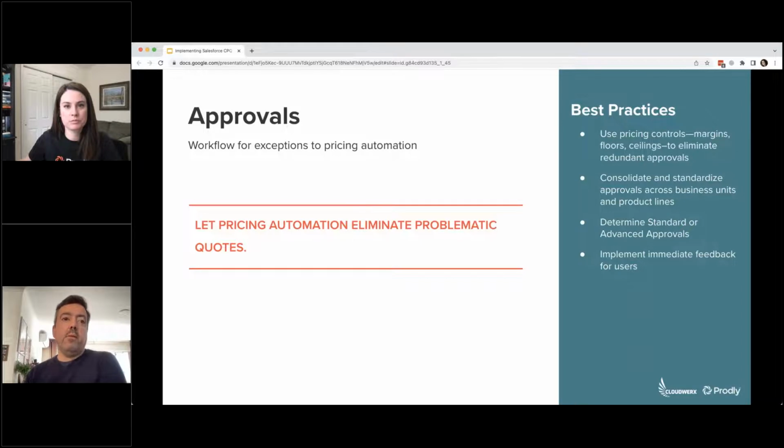Yep, approvals will definitely bring that governance element. Depending on the organization, there are some very simple approaches, which are based on the amount of discount being provided to the customer, or a much more elaborate approval process. So you have the option of either leveraging standard approvals, which is the standard Salesforce approvals process, or